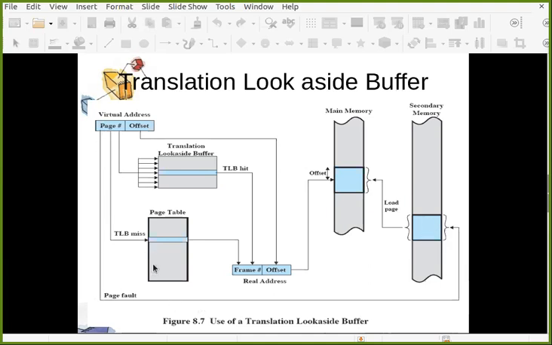So load that page first, mark that entry here. Okay, now it is loaded in this particular frame. Get that frame, add the offset, get the address. But with that, you also need to update this because this is the recently used page. So that entry will be updated here. So this is how the translation lookaside buffer works. Now there is one more indirection, one more level. Before checking the page table, you check the cache.